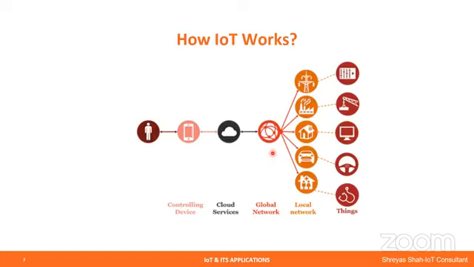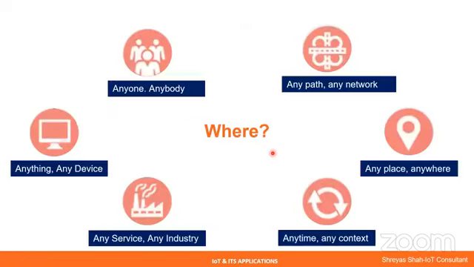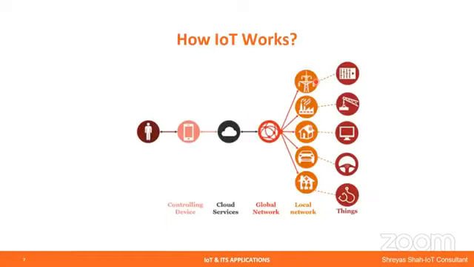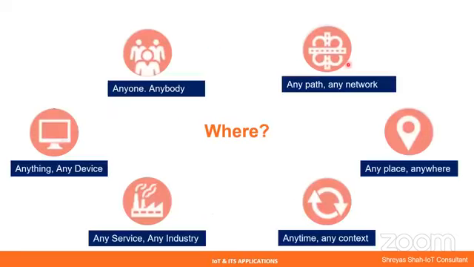Now we will see where this IoT can be used. We have covered two questions, that is what and how. Now let's move forward with where. Basically IoT things, that is any devices, can be used by anybody in any network that we discussed, in a local network or a global network. Any network, anywhere, any place, that resembles the remote integratability and scalability, at any time, in any context. That is the Internet of Things. Devices just need connectivity.